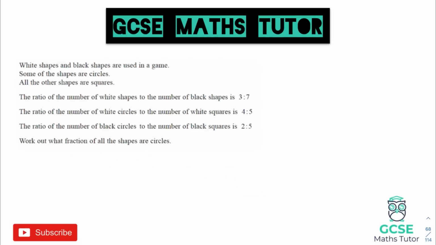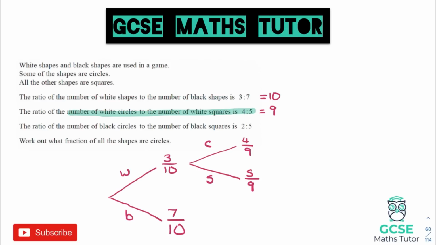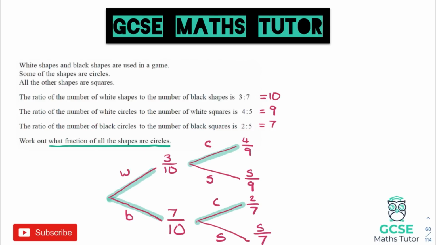When looking at fractions and ratios, you may be asked to find something like this. So read each line, and you can always use a probability tree. So here, white shapes and black shapes was in the ratio 3 to 7, white circles to white squares was 4 to 5, and as well the final one, black circles to black squares, was 2 to 5. So you can write them as fractions as a probability tree, because here it asks what fraction of the shapes are circles. Identify the roots that actually apply to that, and multiply across like you would on a normal probability